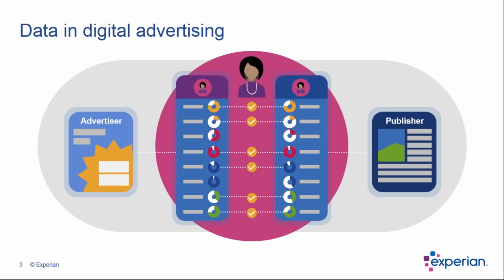Advertisers use data to identify the consumers they wish to talk to and to show them the right product at the right price. Publishers use data to demonstrate to advertisers that they have those consumers, and so therefore they should have that advertising spend. Throughout the entire ecosystem, both advertisers and publishers use data continuously to optimize the user experience and to ensure that they're delivering that correct message to the consumer.